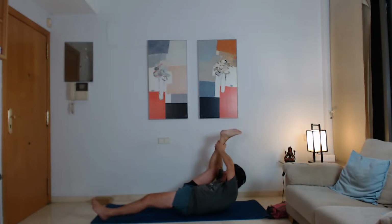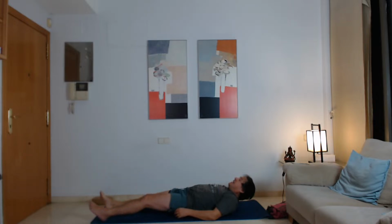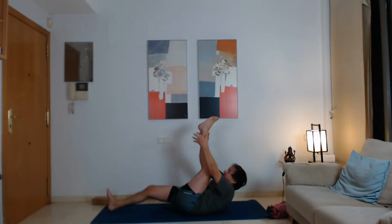So it's just basically the splits, but in a kind of, I would say, brutish form. Last big deep pull. And release. It feels good, even though it's not a very elegant pose. Left knee up, grab it by the calf or the shin,